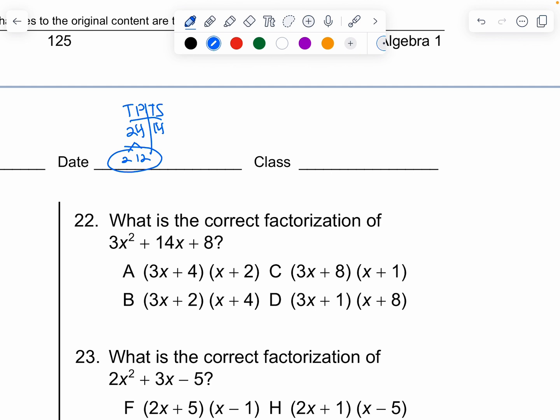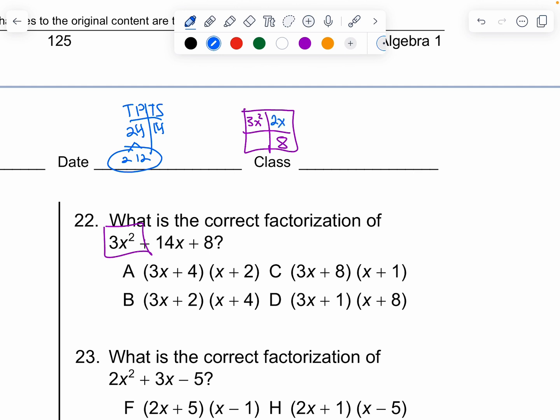So now what I'm going to do, and I'll switch to purple here, is I'm going to draw my box. I'm going to put the a term, 3x squared, in the upper left box. That's right here in purple. I'm going to put the c term, which is positive 8, in that box down there. And the two numbers that I found, 2 and 12, from the first step, I'm going to put in the